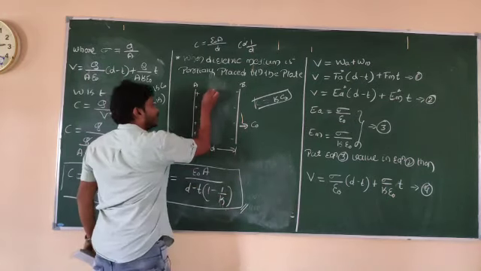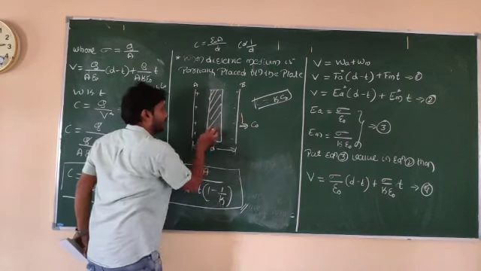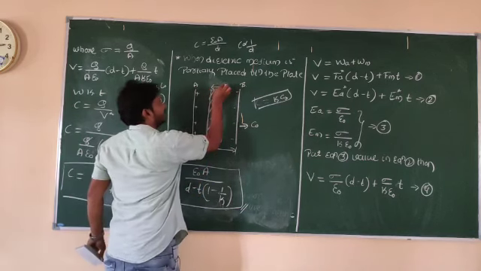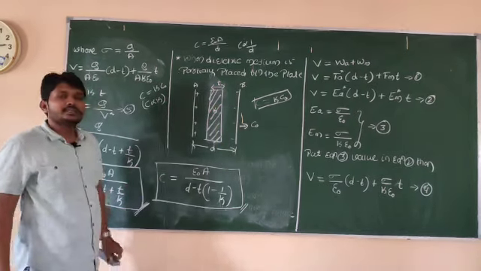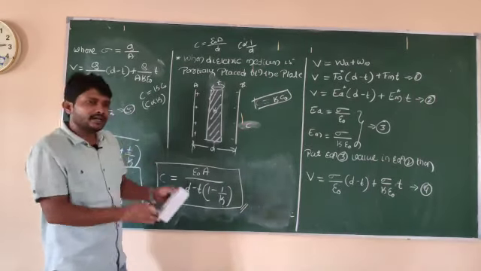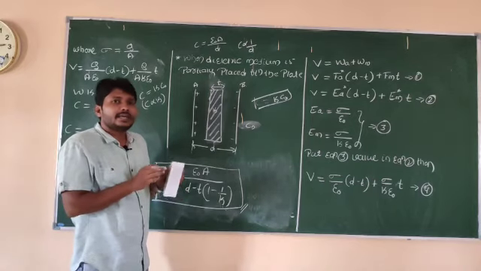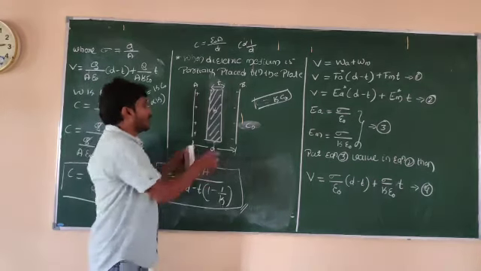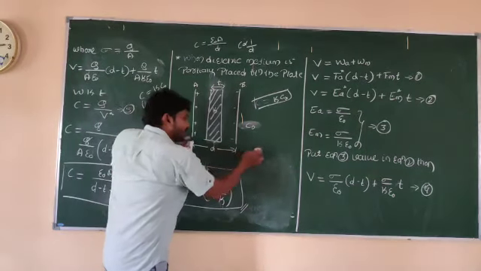In the presence of that dielectric medium, I got a certain value here. The dielectric medium is partially filled, its thickness is t and its value is k. Now in this situation, its capacitance will be C. Now I want to get that same original value, C naught. In order to get the same original value as C naught after placing the dielectric medium, I need to increase the distance here.